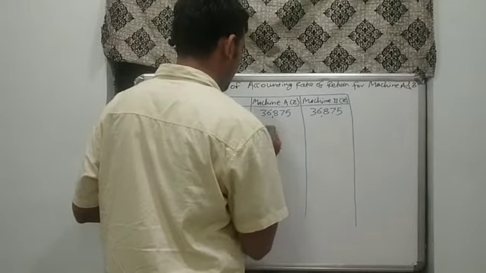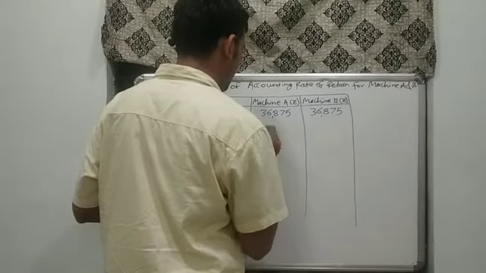After that, the formula of ARR, that is accounting rate of return, would be annual average net earning into 100 divided by average investment. As the question had the same cash inflows and outflows for the particular project and the same life, hence all the answers are the same for this question. So we have solved the first thing, that is accounting rate of return for machine A and machine B.